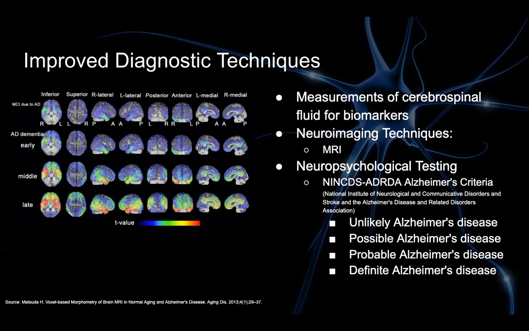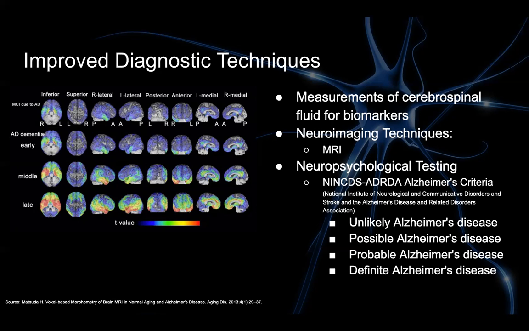Pre-dementia or mild cognitive impairment are usually the beginning stages of Alzheimer's disease. After that, Alzheimer's disease dementia can be classified as either early, middle, or late. To the right here, we have a selection of MRI scans taken from patients with varying degrees of Alzheimer's pathology. They're overlaid with voxel-based morphometry, which is fancy speak for the computer figured out the changes in density. The higher the change in density is shown by the t-value spectrum at the bottom. As you can see, the patient at the top with mild cognitive impairment is beginning to show decreases in brain matter, and as you progress to the late stage at the bottom row, the brain has atrophied significantly.